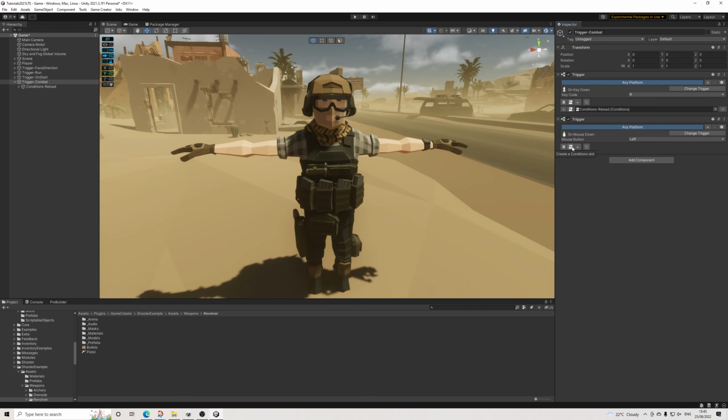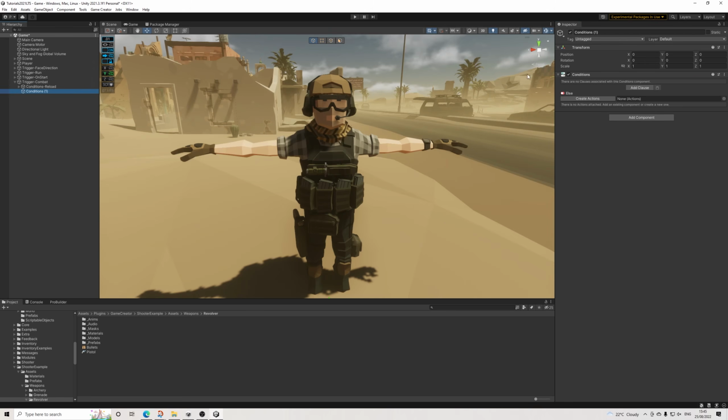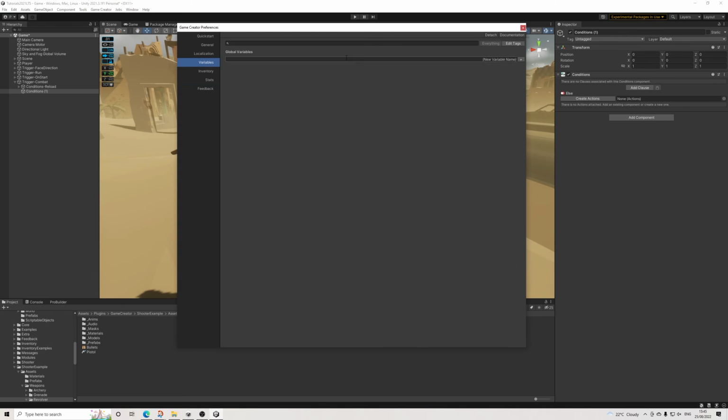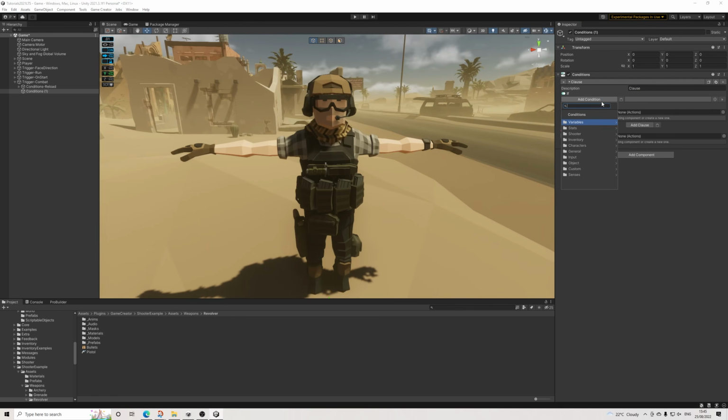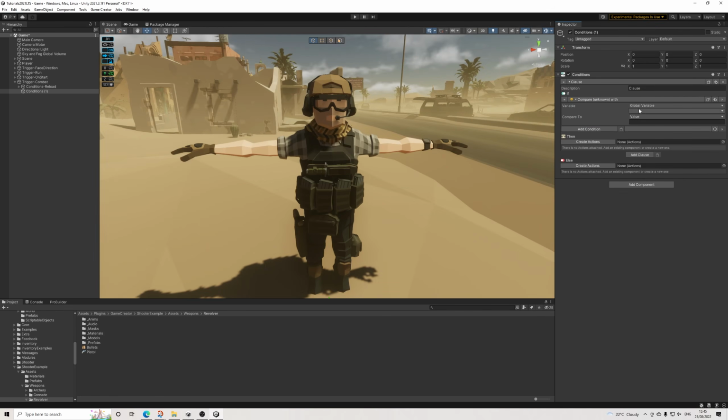Then we're going to do a condition here. And we're going to add a global variable, and I'll explain in a bit. I don't have any at the moment. So we'll do global variable string, and then weapon, and then pistol 01. The name really literally doesn't matter whatsoever. So pistol 01, let's copy that over. So string global variable weapon is this. Then we're going to do